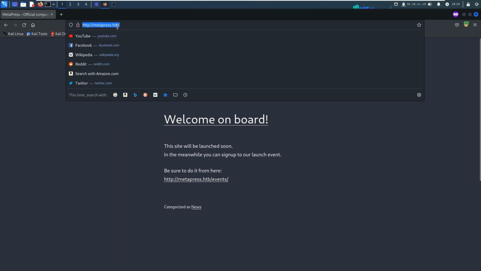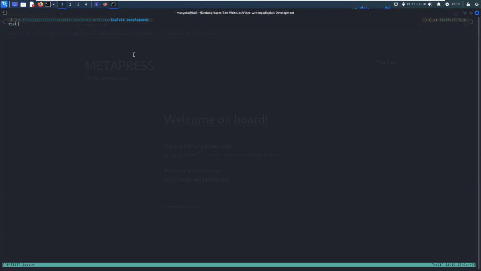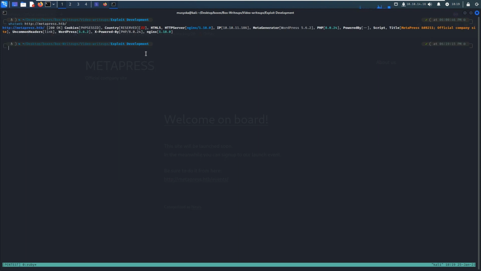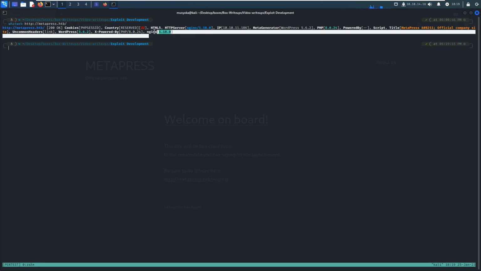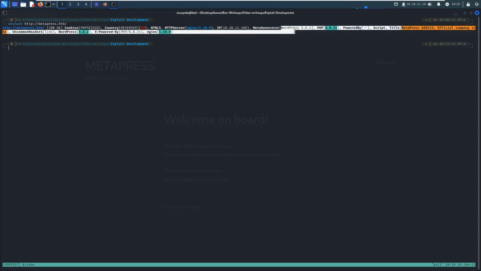The first tool that I'm going to be using is called WhatWeb. Let's go to a terminal and type the command whatweb, then specify the URL. Once I click run and give it a second, you can see it was able to fingerprint the site and even retrieve some of the most interesting headers. One of them, you can see that the server is running Nginx version 1.18.0. So you might even try to see if you can identify any exploits pertaining to Nginx 1.18.0. The next thing that looks interesting is that if you look at the meta generator, you can see that we have a WordPress version